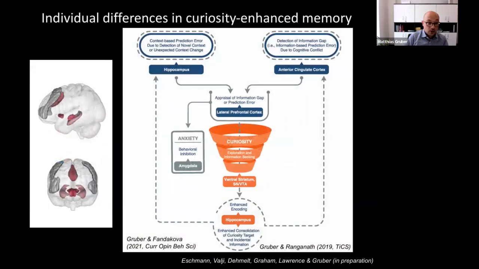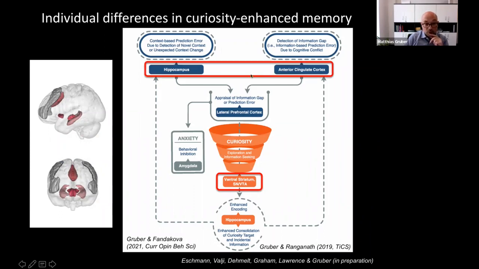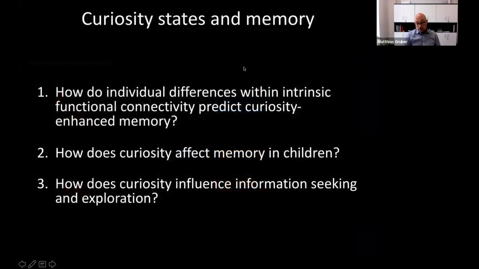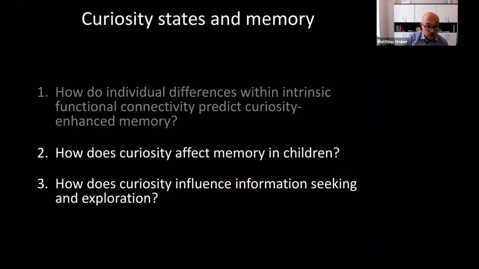So when we go back to our PACE framework, we see that the two key areas associated with the elicitation of curiosity also predict the individual differences in the memory enhancements of curiosity. But the information prediction errors up here really are bound to the functional connections within the hippocampus and anterior cingulate cortex. So asking this now behaviorally, and looking more at development, we ask the question: